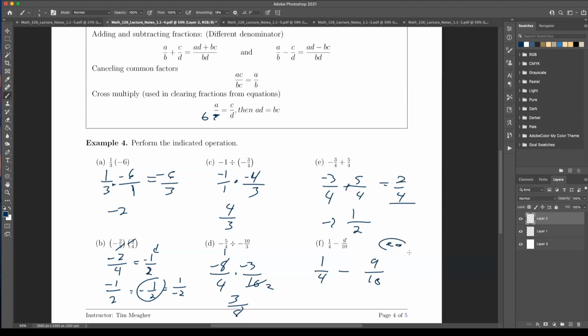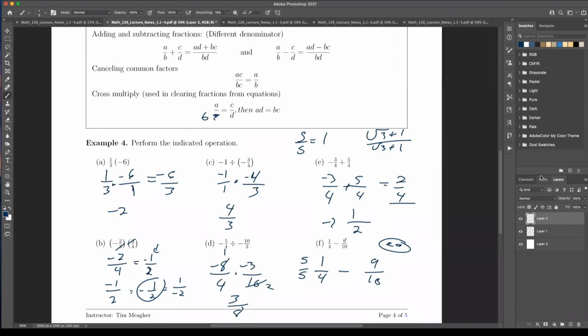Both of these can get to 20 quite easily. And so I can have a simpler number than 40. 40 is where the book would send you. Just multiply across, it works. Yeah, that's true, but the least common multiple right here would be 20, right? So how do I get there? I need to multiply 4 times 5. But I'm also going to multiply by 5. Notice that 5 over 5 is equal to 1. You can always multiply by 1. And so we're going to do this a lot in this class, but sometimes the ones are going to look weird, right? They're going to look like the square root of 3 plus 1 over the square root of 3 plus 1.